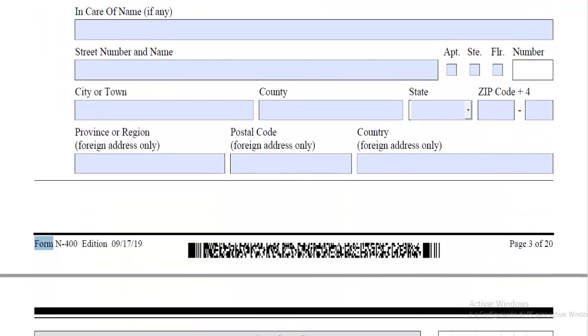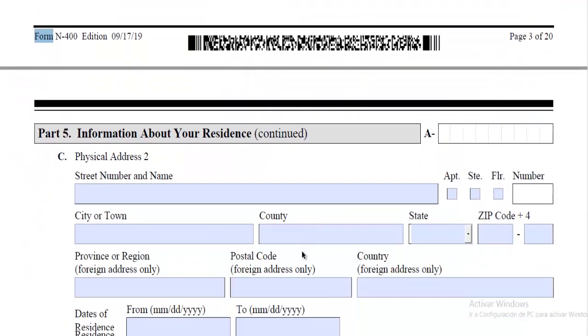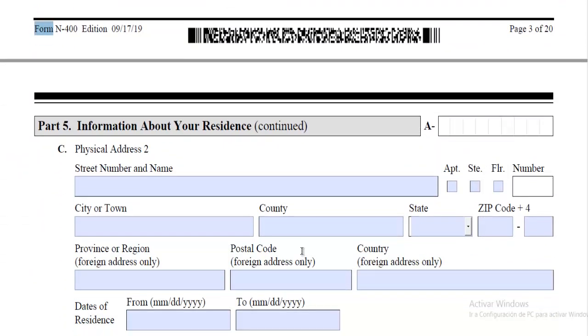Okay, Section C. You will need to enter all your previous addresses for the past 5 years on this form, the N-400, from most recent to longest ago. So you put the most recent on top, and the oldest you will put at the bottom. One of the main purposes of this section is to make sure that you are